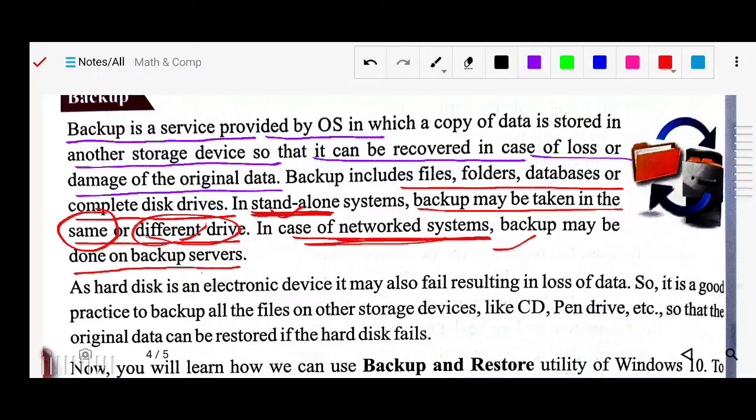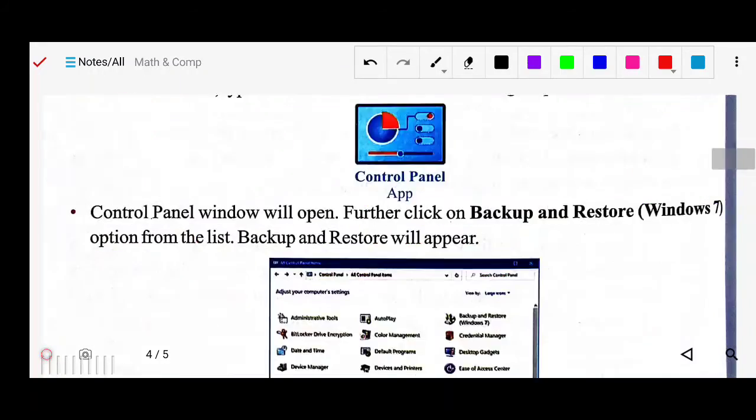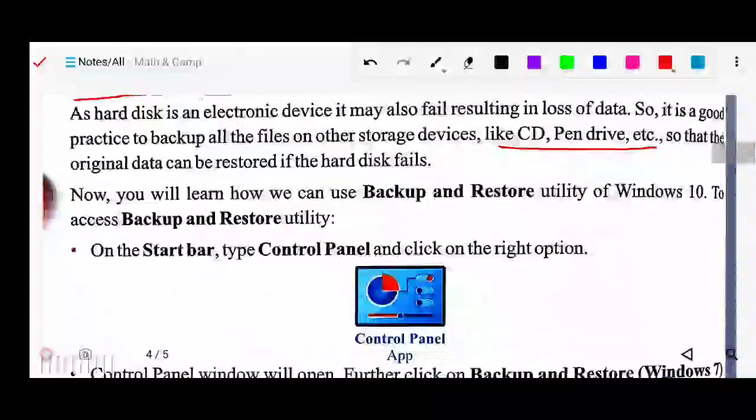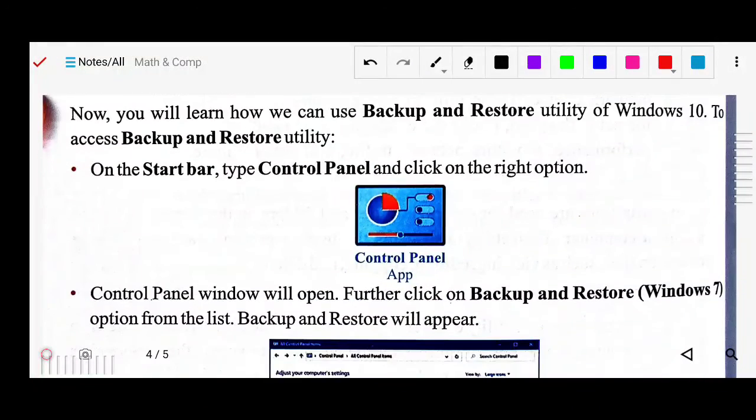Or maybe sometimes your hard disk will be corrupted, so that your backup file is deleted. So it's a better option to store it on secondary devices like a CD, pen drive, etc. There you can store it, that is, you can make the backup. Now, once you have made the backup, how will you do it, and after backing up, how can you recover it? So what is the process?